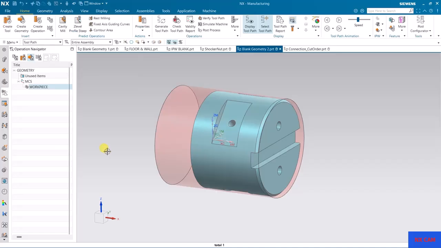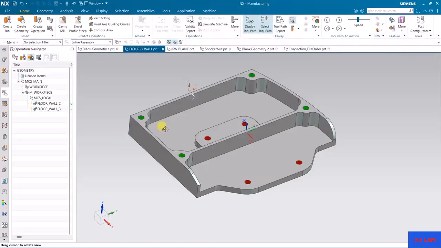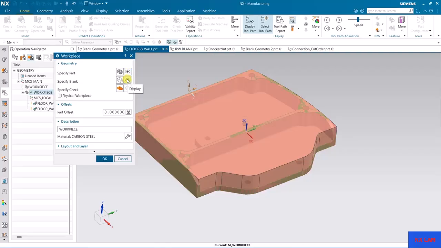Next option is part outline. Part outline will define a blank from the outer boundary of a part, and that outer boundary will extrude up to the top surface. Let's say this. So here I have this part. Now double click here. The part is this one. For blank, see, I have already used